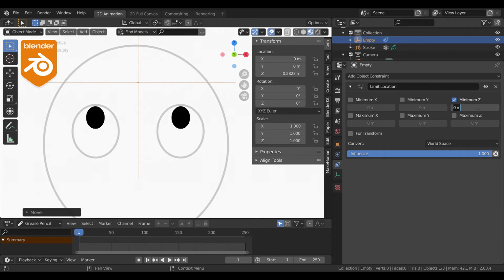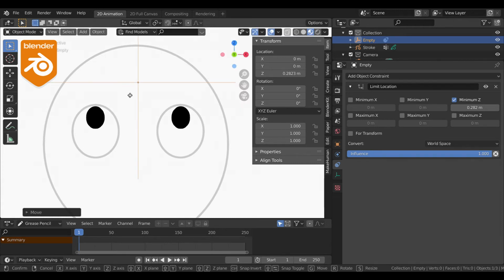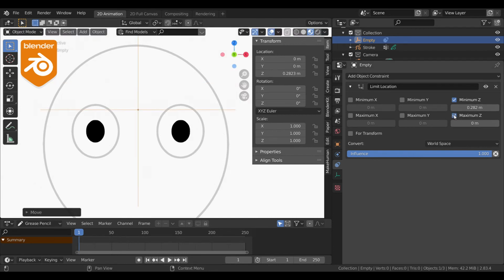By pressing N, we will pop up the object properties. In that we will see the location, and the z location is given there. Whenever we move the object, it shows the actual value. So I am entering that value in the minimum z and maximum z values.